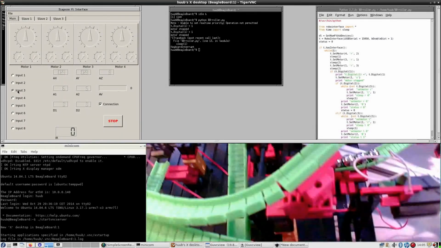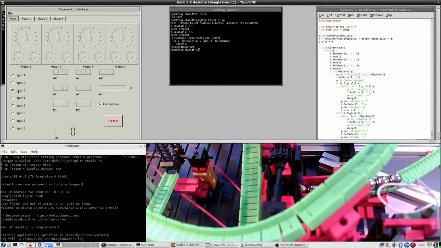So if I put the camera down, that's a lot better. So close the interface